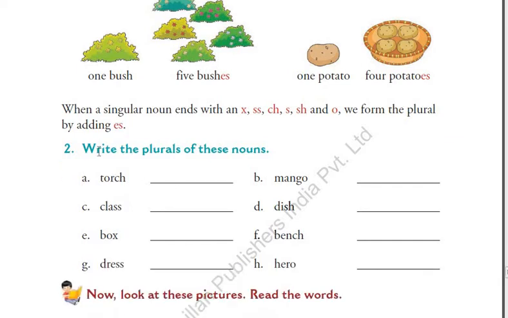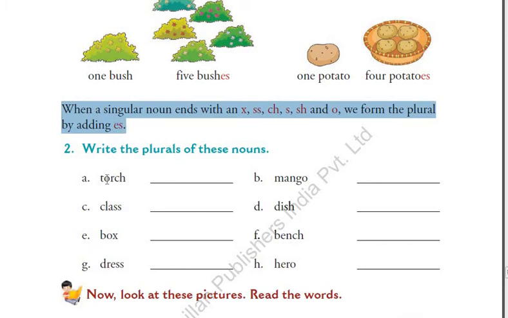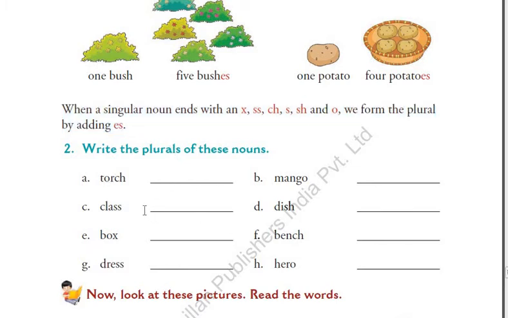And then we solved exercise number 2, in which you need to write the plural forms by this method. So torch became torches by adding es. Similarly, class became classes by adding es. Mango became mangoes, again the same by adding es. Then what do we have to do with bench? How can we make the plural of the word bench, students? Yes, those who answered by adding es, you are absolutely right. You just need to add es as you did with the remaining words.